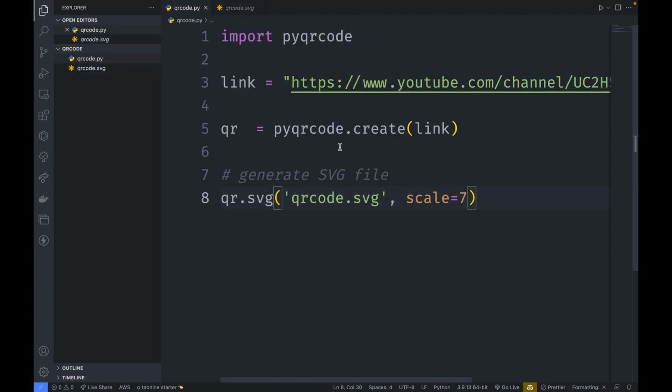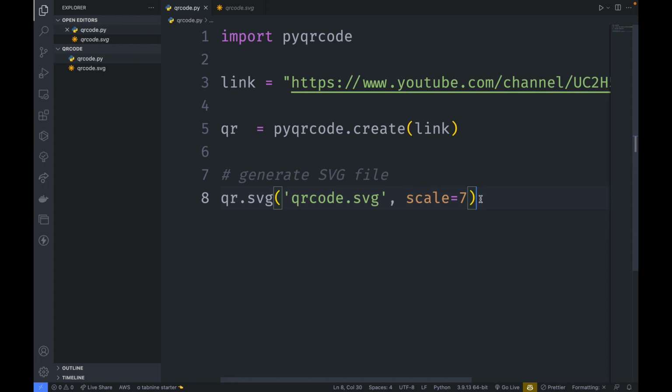But normally you will need an image file, either a JPEG or a PNG file of the QR code that will be generated. So instead of using an SVG file, we want to generate a PNG or a JPEG file out of the code that will be generated.